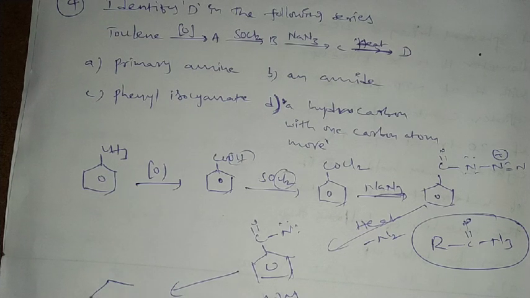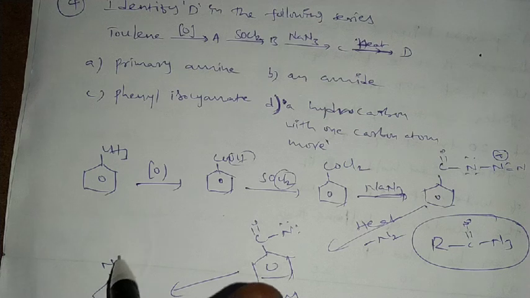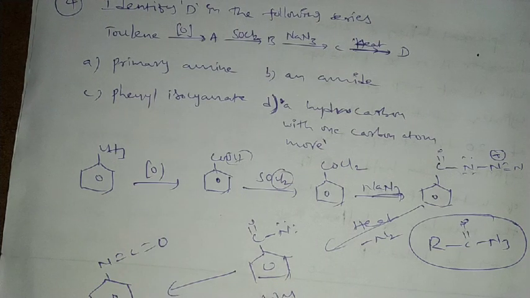what happened? Do you know? It converts to N double bond C double bond O. This is phenyl isocyanate. So generally benzoyl azides are known to lose dinitrogen upon sensitization, forming nitrenes, which convert into isocyanates. This is what we said, Curtius rearrangement. So here to here is the Curtius rearrangement, where nitrenes are converting into phenyl isocyanates.